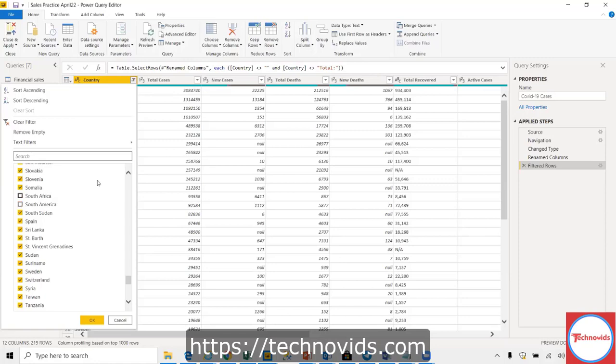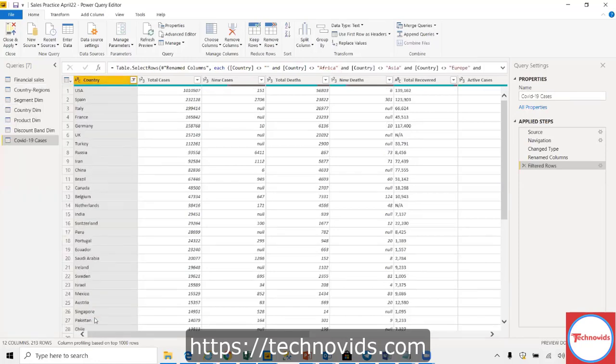South Africa is a continent, right? Africa is a continent. South Africa is a country. And North America. I'll remove this much for now. Let's see. All right.